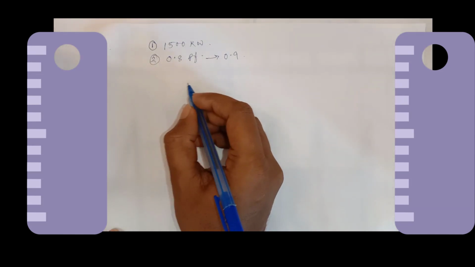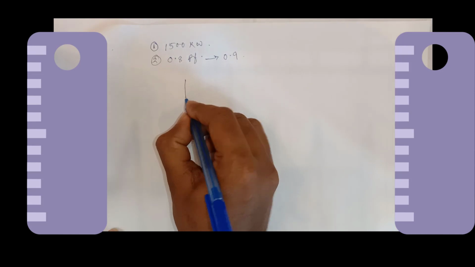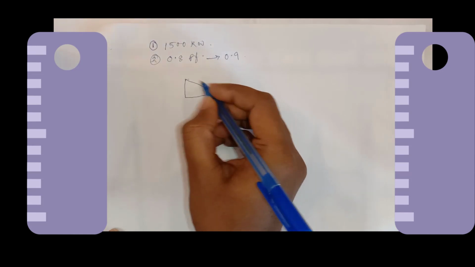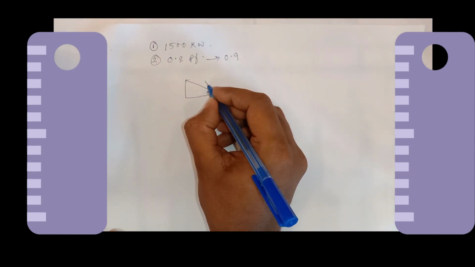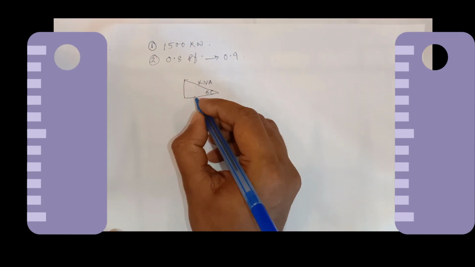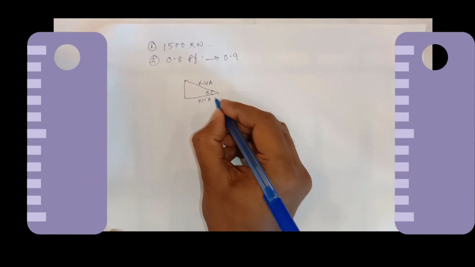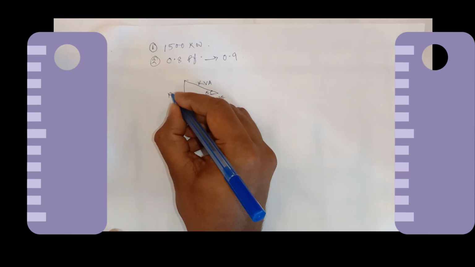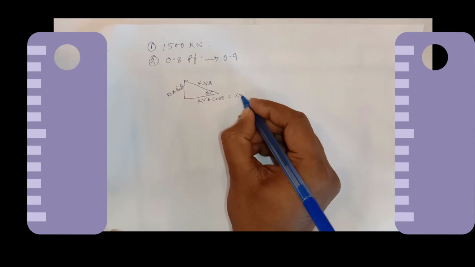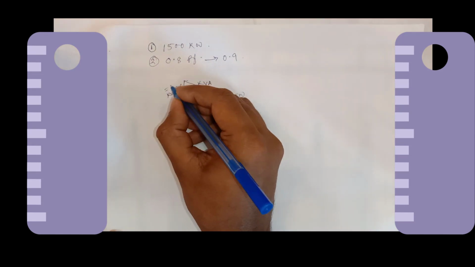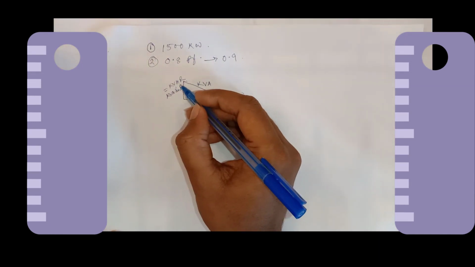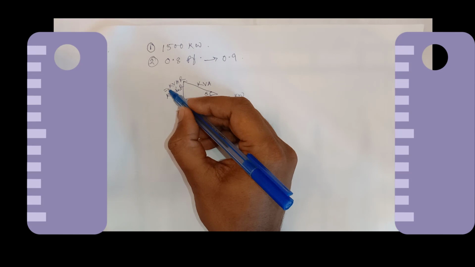So first of all, I will draw a power triangle, like this. This is the power factor angle theta. This is apparent power, kVA, and if you break this into two vector parts, one will be kVA cos theta and one will be kVA sin theta. kVA cos theta is called kilowatt, kVA sin theta is called kVAR. To calculate the required capacitor panel, we need to find out this value, kVAR, reactive power.